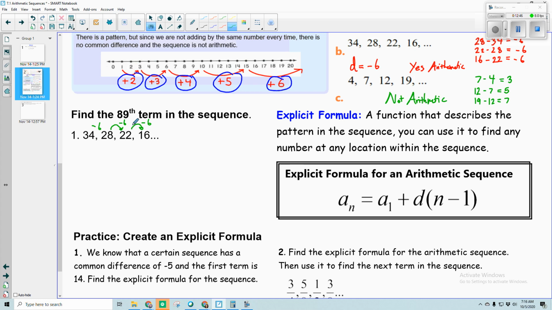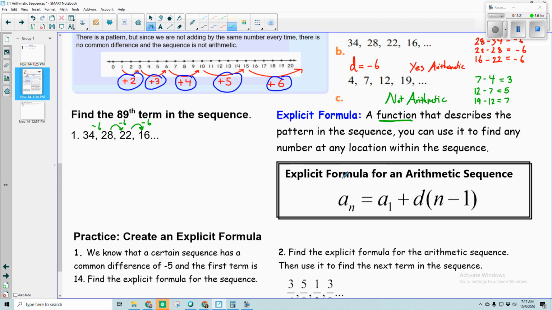And especially that'll save you a lot of time if you're doing a problem like this on your SAT or ACT where it's a timed test and you don't have all the time to get to that 89th term. Here's what you do. You're going to use this thing called an explicit formula. So this is actually a function, okay? We learn about functions. So it's a function that describes the pattern in the sequence. So you can use it to find any number at any location within the sequence,